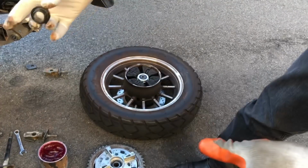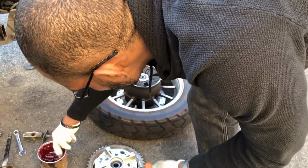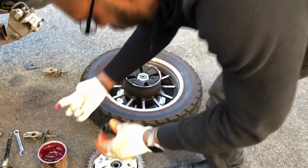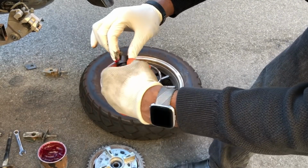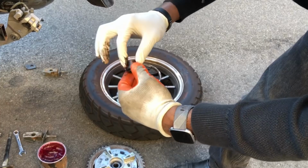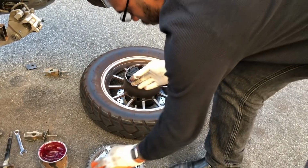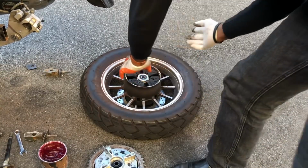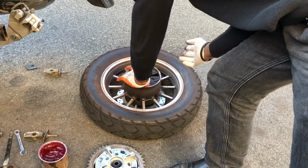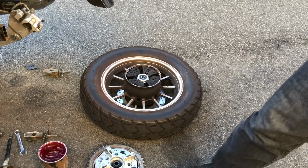Scooters, you always see something like this in between the CVT because it's made possible. You're gonna have to move around here. That's the side. Now those don't need lubrication. That one right here does. So